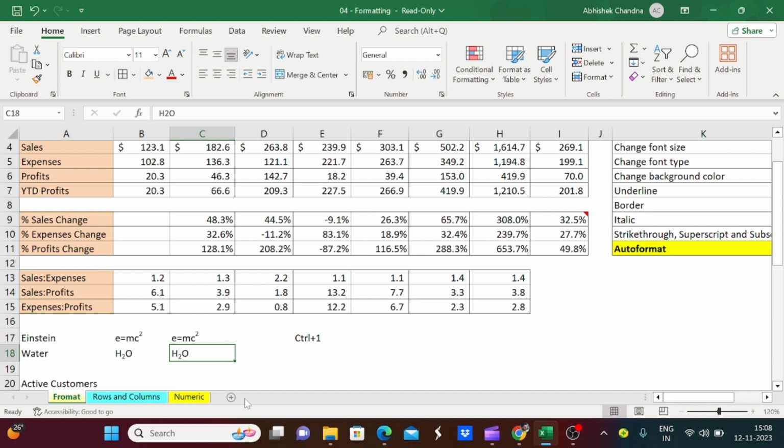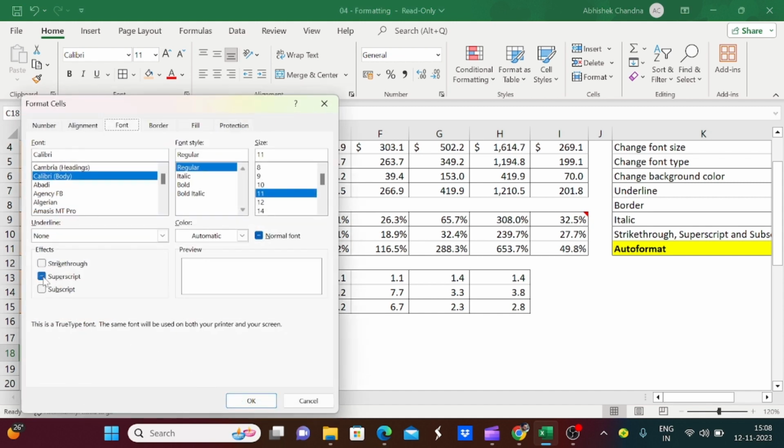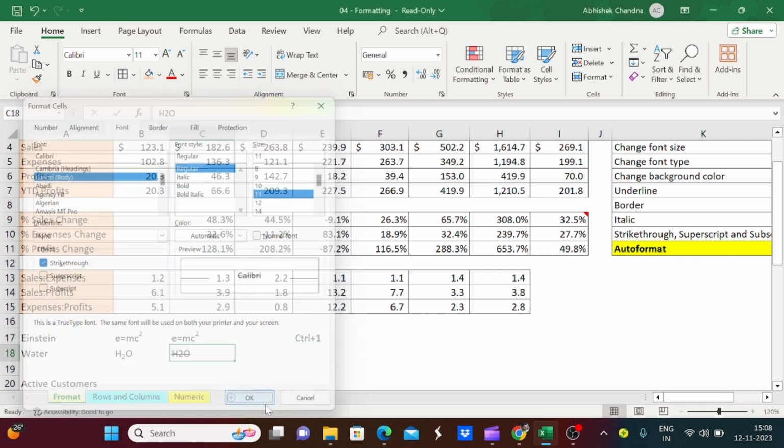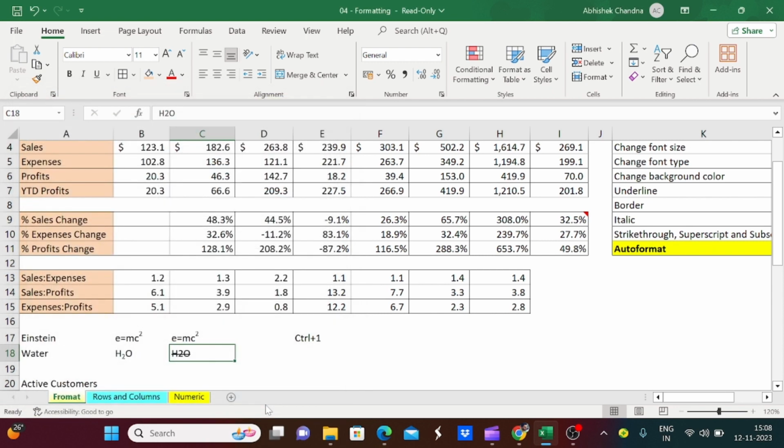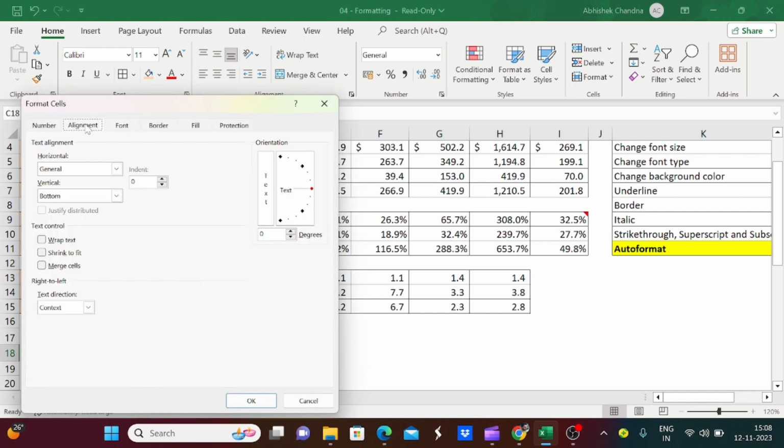And for the strike through option, you can just use this to cut anything that we want. And this is how we can do these things. And now one thing is that with the Control 1 feature, you'll get all the options to format your cells,